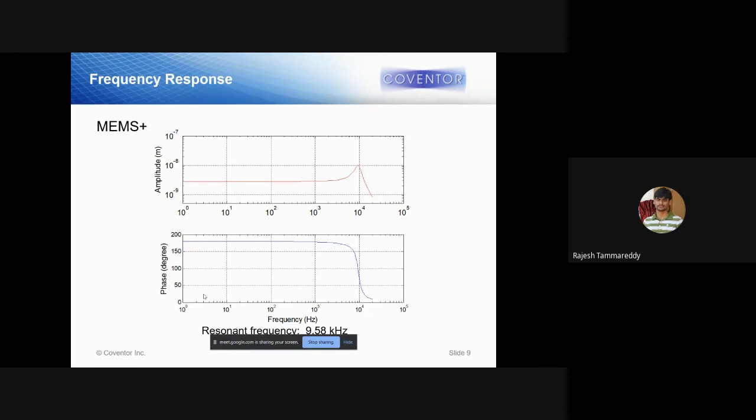If the frequency is too low, the device is too flexible and it can detect even the lower range of your inputs. Whereas if it is increasing, it cannot detect the lower range accelerations. It can only go with the high range of acceleration. So basically, the frequency also decides your sensitivity and range. Okay. Next.